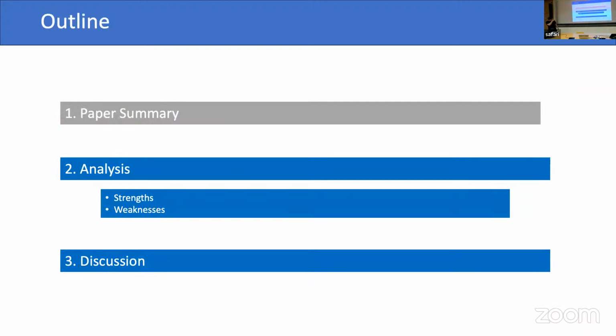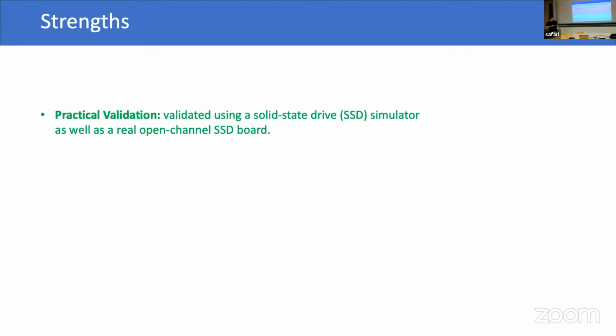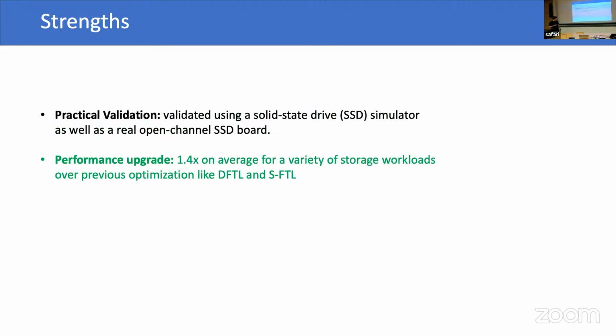Then we can go for the analysis, a bit over strengths and weaknesses. First of all, as a strength, as I already said, it is validated using both a simulator and a real SSD, and it shows the practical validity of the optimization. Then we have a big performance upgrade, 1.4x on average. It is a big improvement, also because it's one of the first introducing machine learning